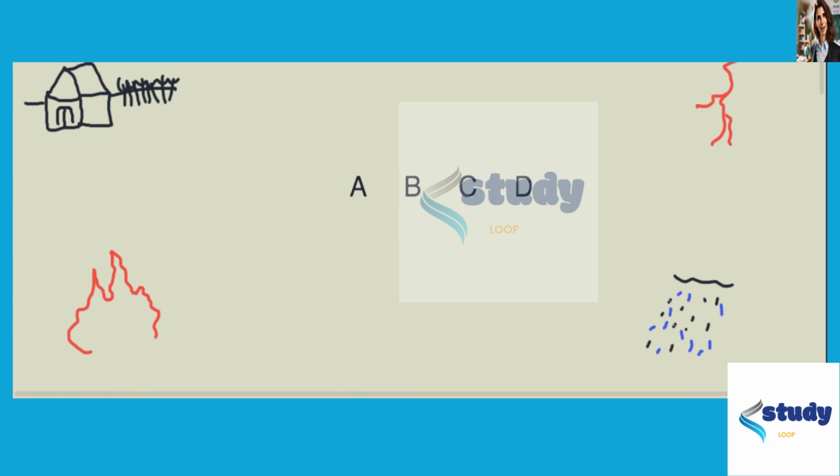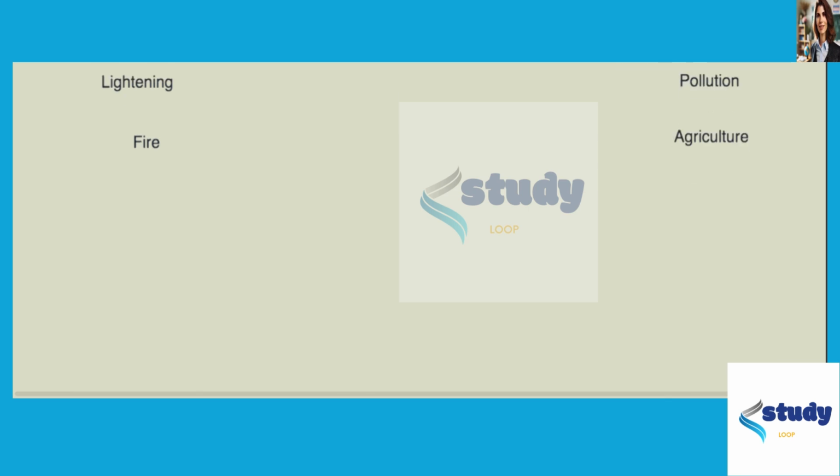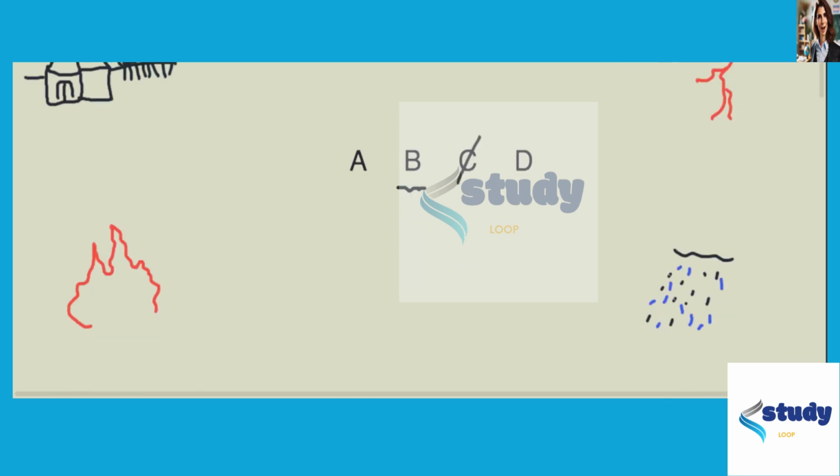So based solely on what we just did, by categorizing them up into different places, we know that we can eliminate option C because it characterizes lightning as a human-related disturbance. So that is flat out wrong. Option B is kind of on shaky ground because, again, it fits in with what we've set up here, but the question then becomes, well, is the second sentence what we're looking for?